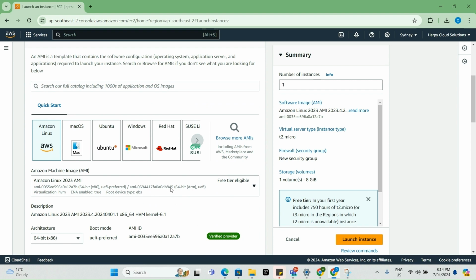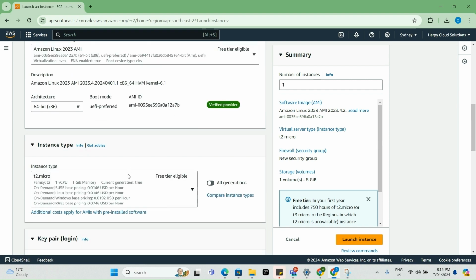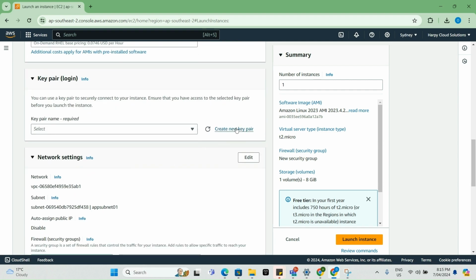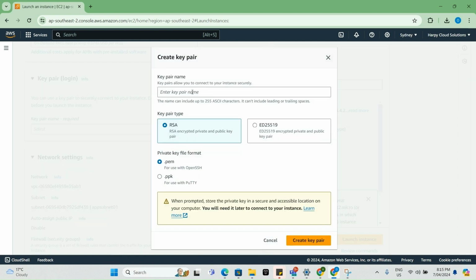So I'll use same. So I'm going to create a new key pair, and it's important to have separate key pairs for your private and public subnets, because what if one gets compromised? You don't want your whole environment to be compromised. So I'm going to create a different one